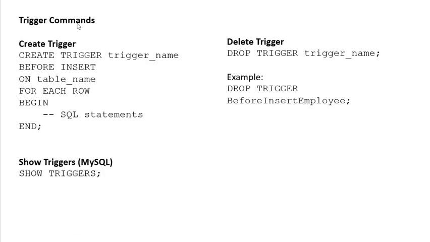Some trigger command syntax: to create a trigger, use CREATE TRIGGER and the trigger name, BEFORE or AFTER, then INSERT, UPDATE or DELETE, ON the table name, FOR EACH ROW, BEGIN, the SQL statement and a semicolon. To delete a trigger, use DROP TRIGGER and the trigger name, for example DROP TRIGGER before_insert_employee;